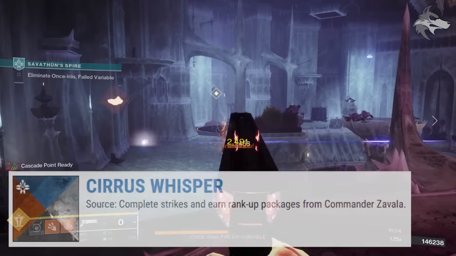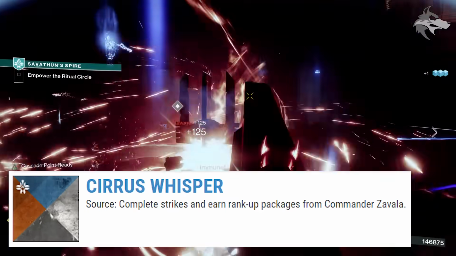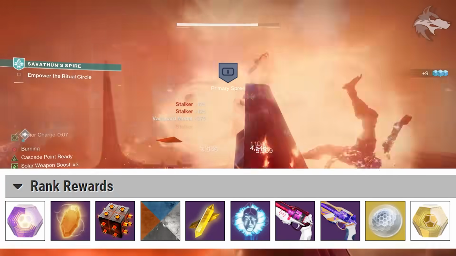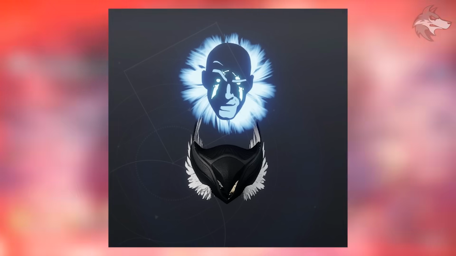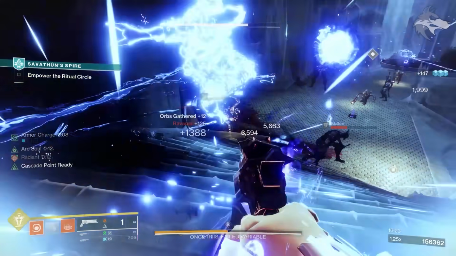So there is the Cirrus Whisper shader, and that drops by completing strikes and earning rank up packages from Commander Zavala. It is listed on the rank rewards on the vendor, where additionally, we're able to unlock the Ever Vigilant projection, which is actually a pretty cool Zavala projection right there for ghosts. And then of course, across all of the rituals, there's the new Malediction hand cannon, and that can be unlocked